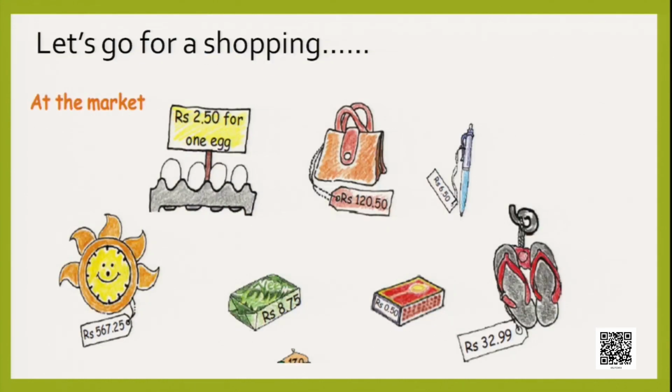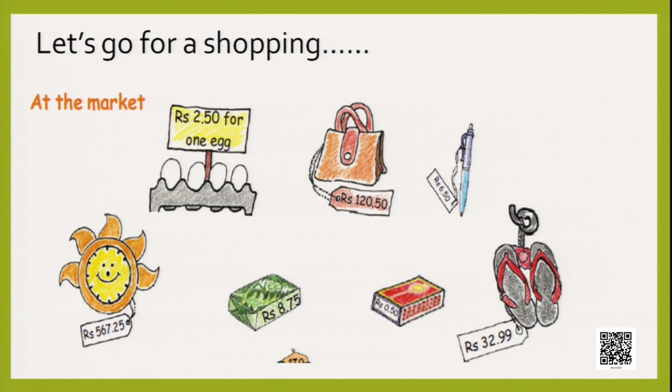Now let's go shopping. Who doesn't love shopping? I just love to go out and buy things. Now here there is a rate chart of the things which are sold in the market. It is written rupees 2.50 for one egg. Do we say it like that? 2.50? No, we say 2 rupees 50 paise for one egg, and 120 rupees 50 paise for this bag,